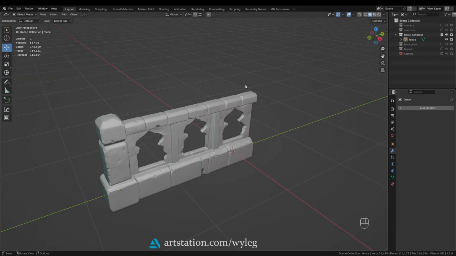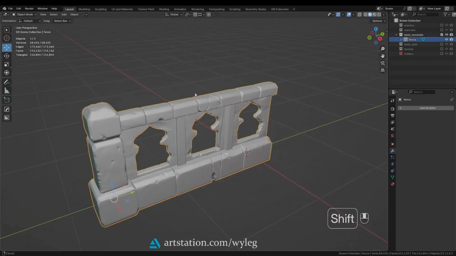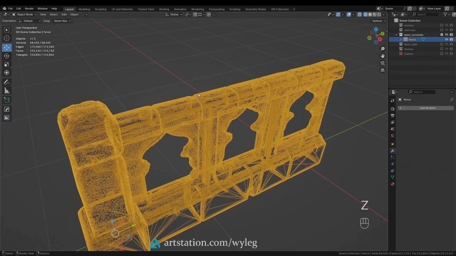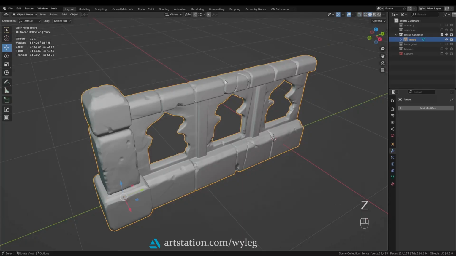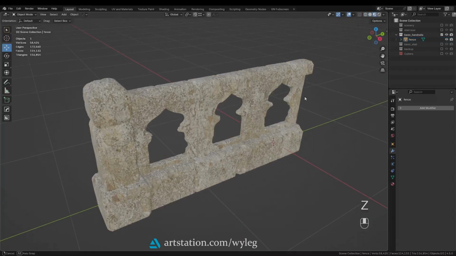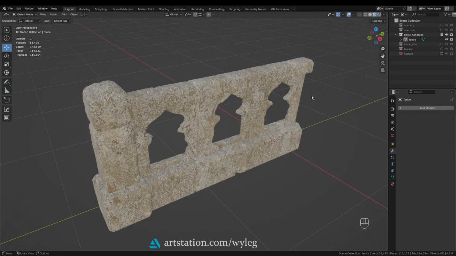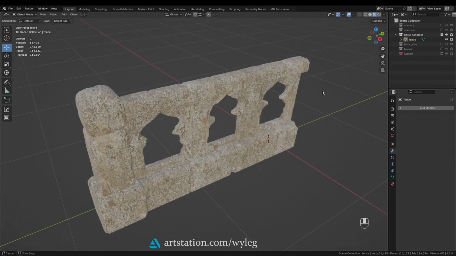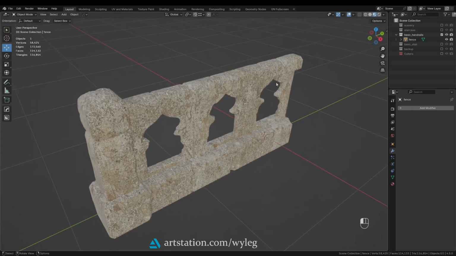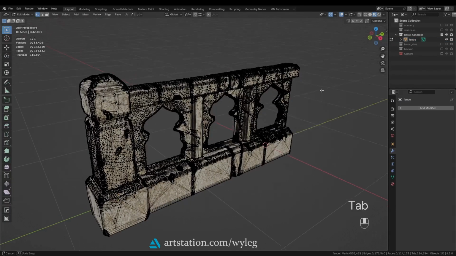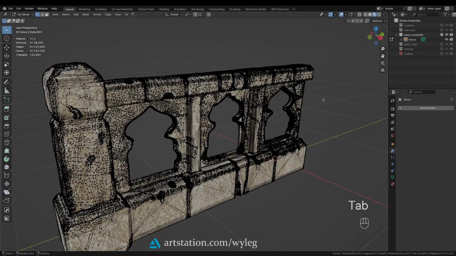As you can see, this mesh that I have here is a decimated sculpt with some box projected textures from Quixel. This is the dirtiest topology possible. I am showing you this so you can see that it will work with any mesh and any topology. So, how do we turn this piece into spiraling handrails?